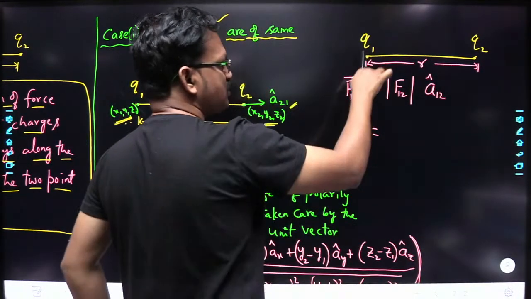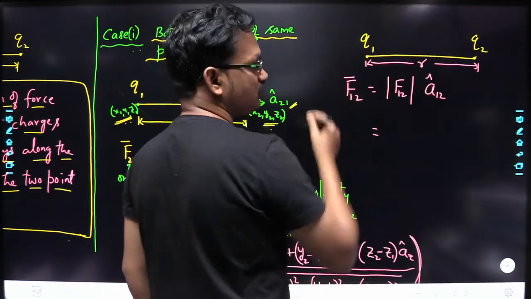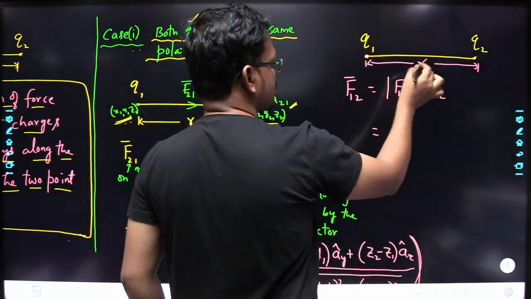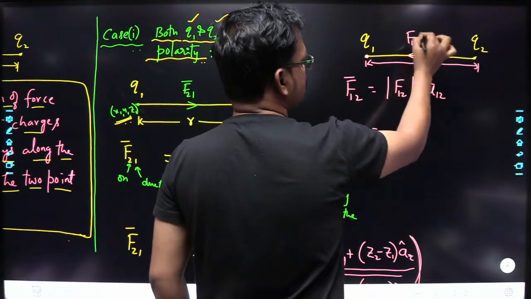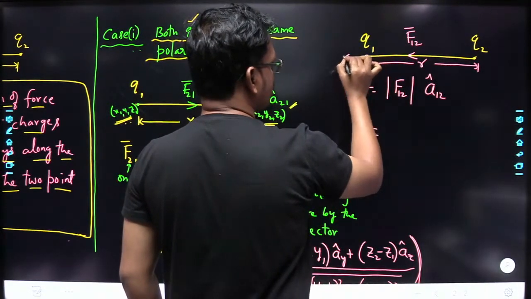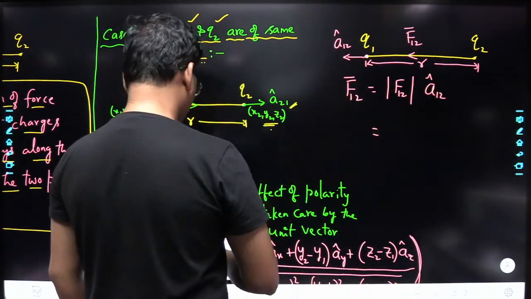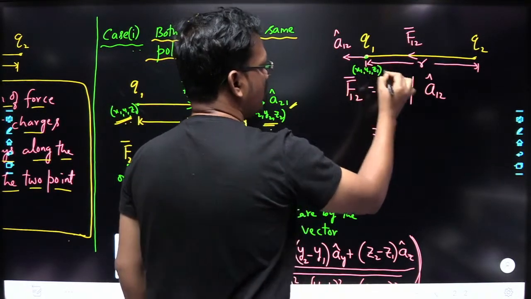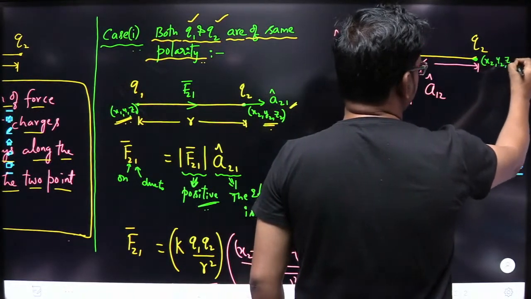Now in which direction is Q1 going to experience the force here? Towards Q2 or away from Q2? Both are of the same polarity, yes or no? So that means Q1 is going to experience the force away from Q2. So the force on 1 due to 2 is going to point in this direction. So the unit vector is going to point in this direction. So that is a12 cap, right? Now consider this point as x1, y1, z1, and let us consider this point,